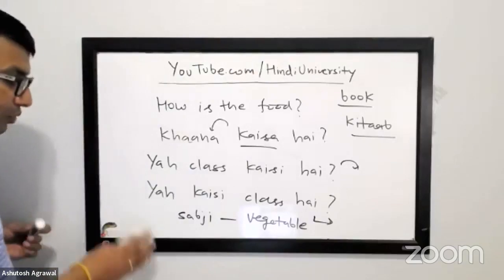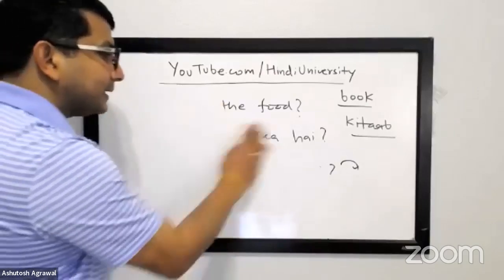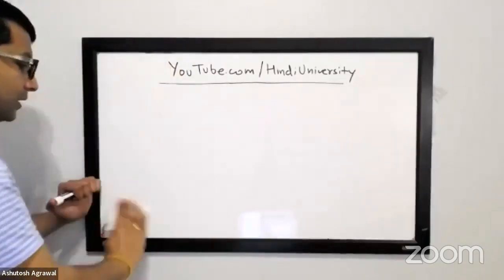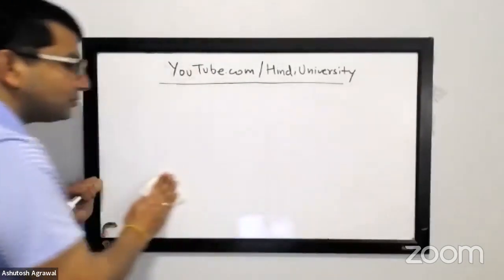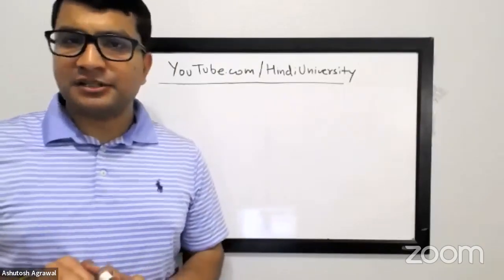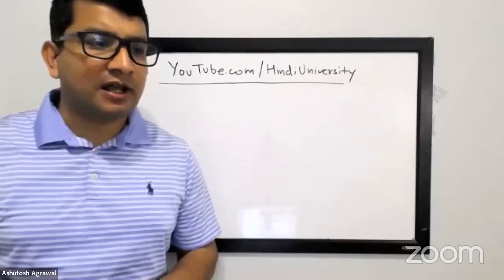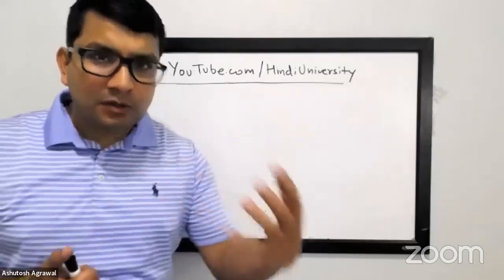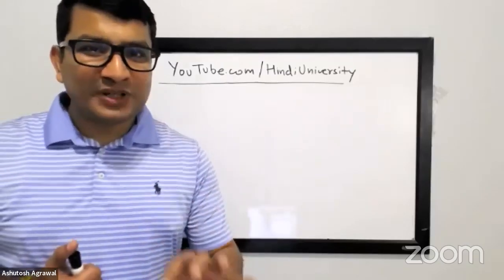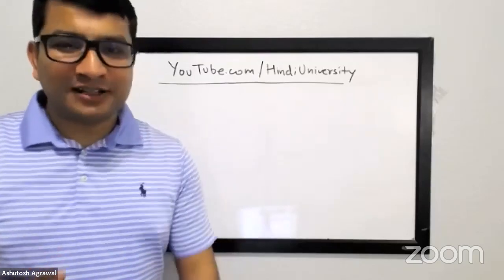All right, let's keep going. We have a little bit room to cover. So this was the use of interrogative, kaisa, kaisi, and kaise. If you're still having hard time, I do encourage you to do small homework, which is pick up list of nouns. Okay, it's very easy to get a list of nouns and keep trying kaisa, kaisi, and kaise with them. Or at the minimum, as Professor Rupert Nell mentioned in his class, try to hear how Hindi speakers are using them. If you pay close attention, you will immediately start noticing it, that it comes pretty naturally, and it's used so often that you will not miss it.